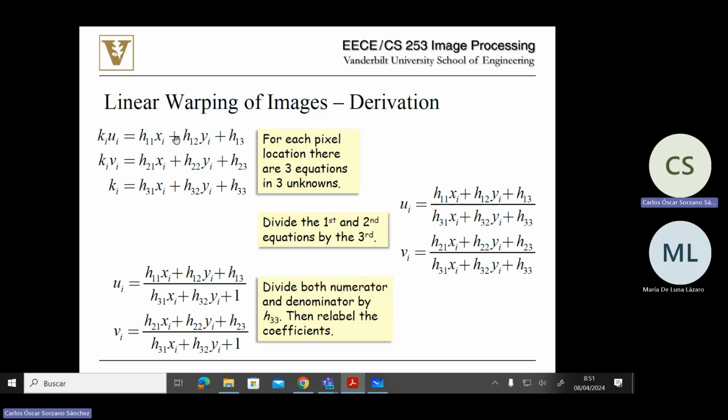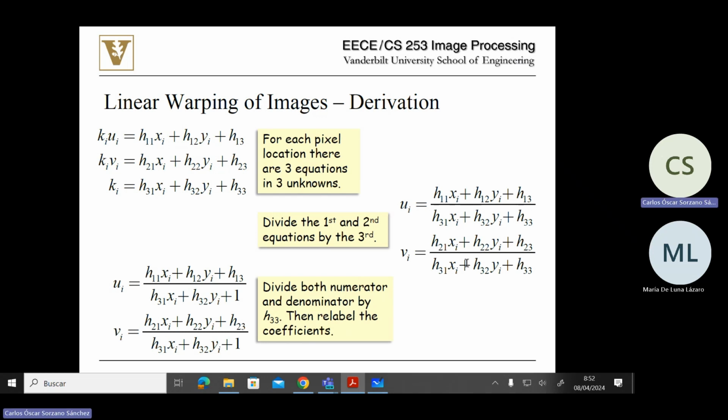So this is just the same equation system, but now it is written more explicitly. And then we solve for u. So we divide the first equation by the third equation, and the second equation by the third equation. This is what we get. We divide first by last, this is what we get. Second by last, it's this one. And then